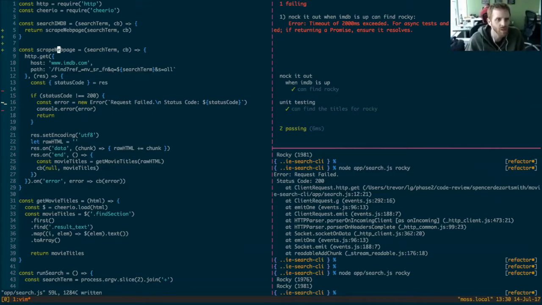So the first thing I'm going to have to deal with is this business here, right? This host and path. This is very specific to IMDb. I don't want scrape web page to have to know that. And the way it gets away with not knowing that is having those things passed in. So what if I change search term here to just be the